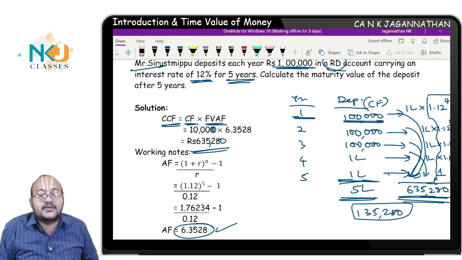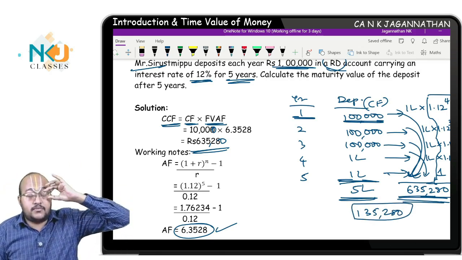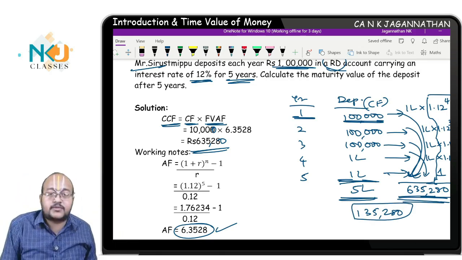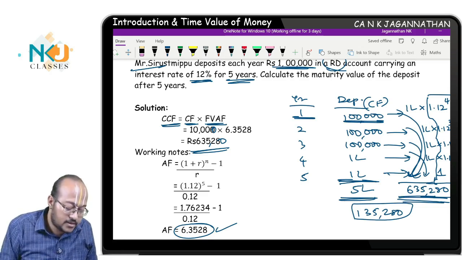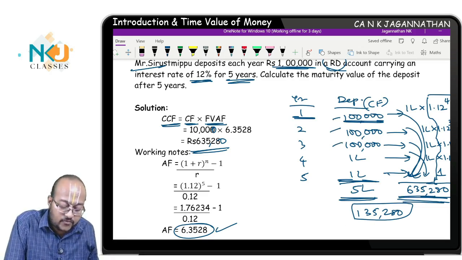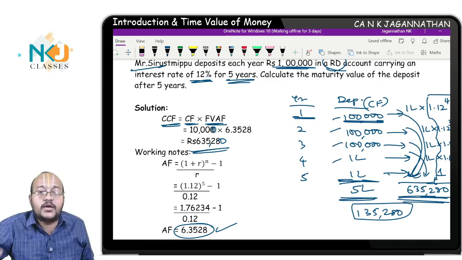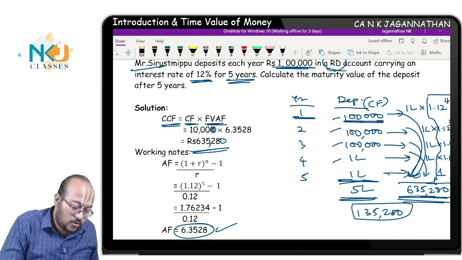But this interest is received over a period of 5 years, for different principal portions. Are you listening? This is not interest received for the same amount, but for different amounts. Collectively, the interest is 1 lakh 35,280. This is how you will find the future value of this 1 lakh annuity amount deposited every year for a period of 5 years, given that the interest rate is 12% per annum. How to compute it, I showed you.